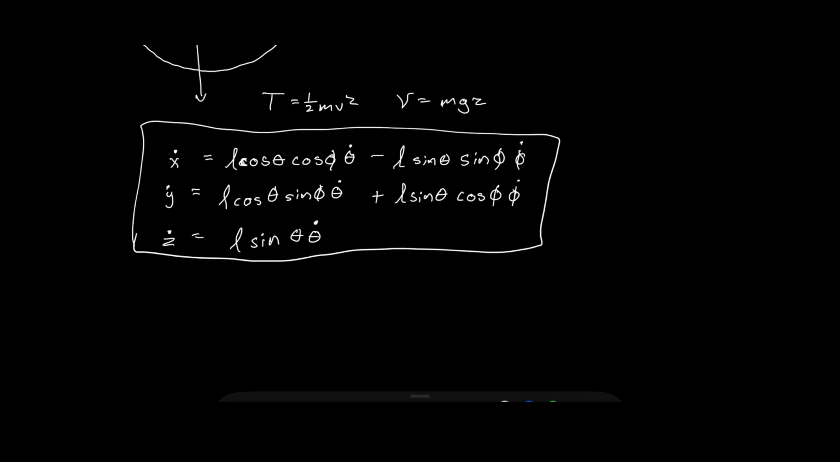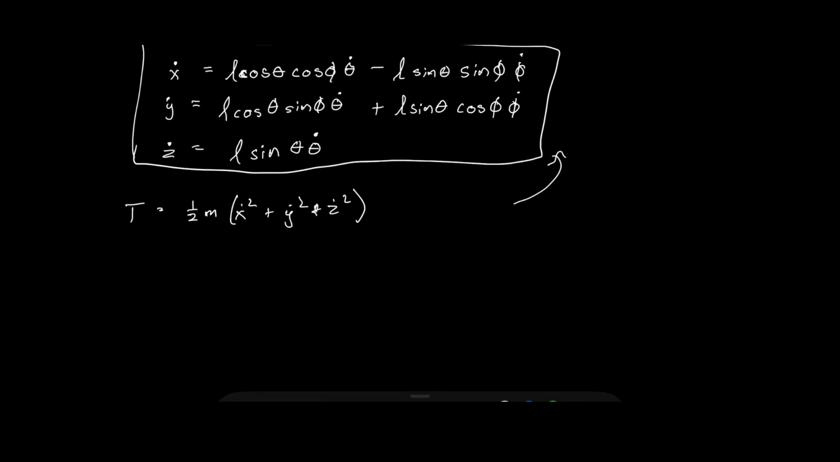But our kinetic energy is 1/2 m times x dot squared plus y dot squared plus z dot squared. So that means we've got to square these. And that is a lot. So we'll do FOIL, whatever. So we do the first term. Okay, so our x dot squared